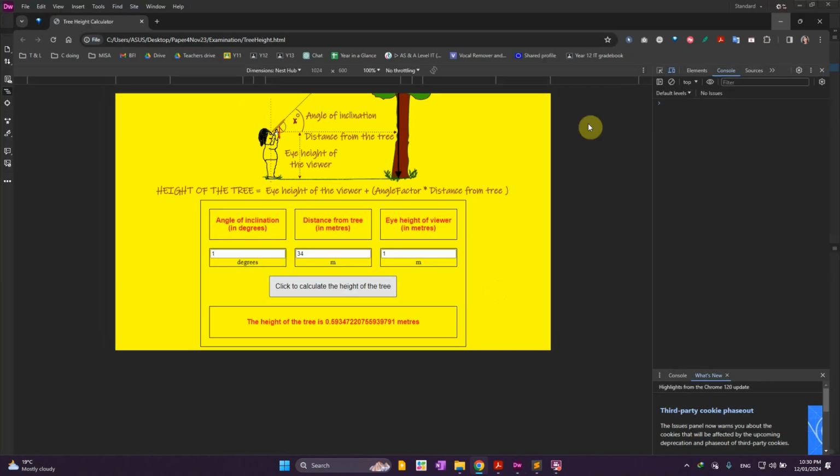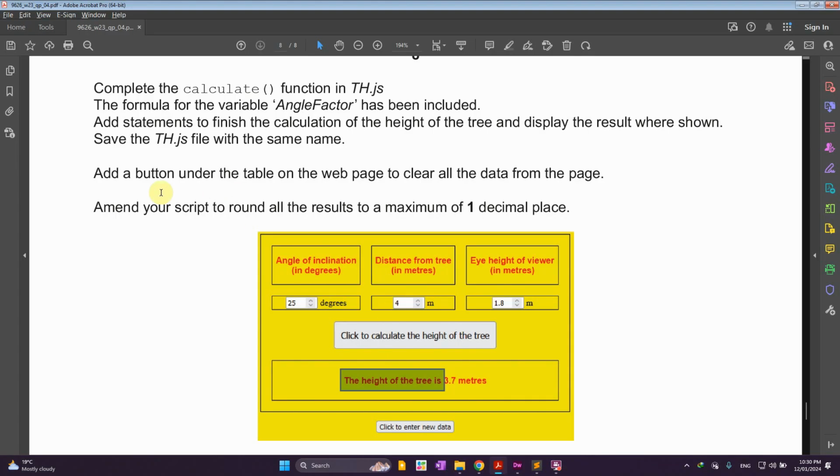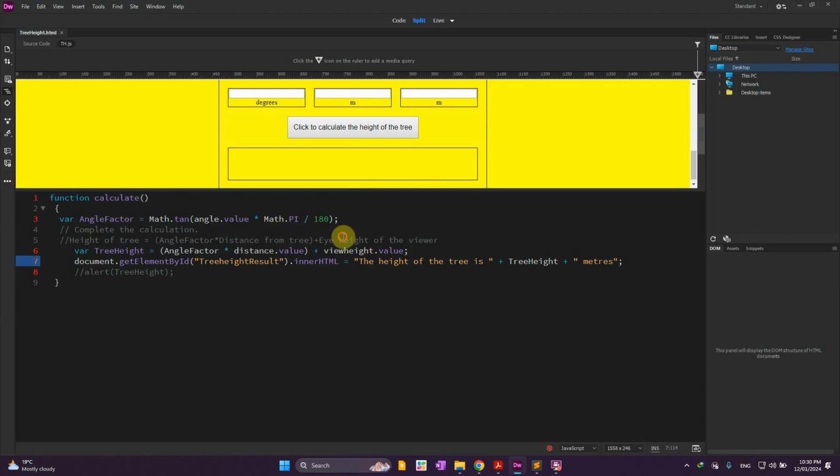Okay. Let's finish the rest of the points. Add a button under the table to clear all the data and amend your script so that all the results are a maximum of 1 decimal place. There are many ways that we can set it to 1 decimal place. So the easiest way that we can set it to 1 decimal place is this value from the tree height. This value we can multiply it by 10, and then we can